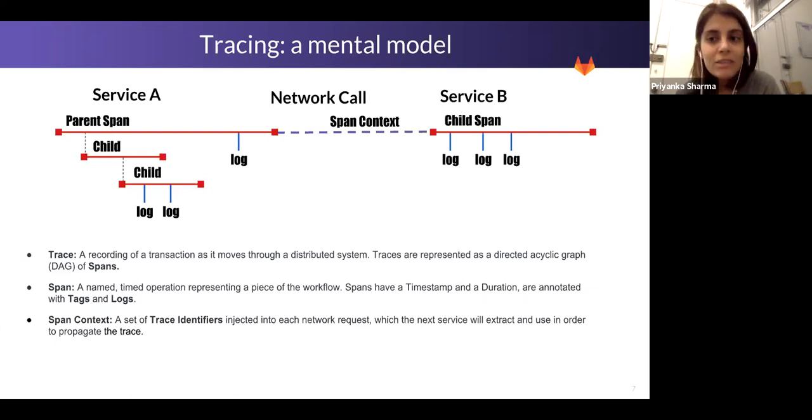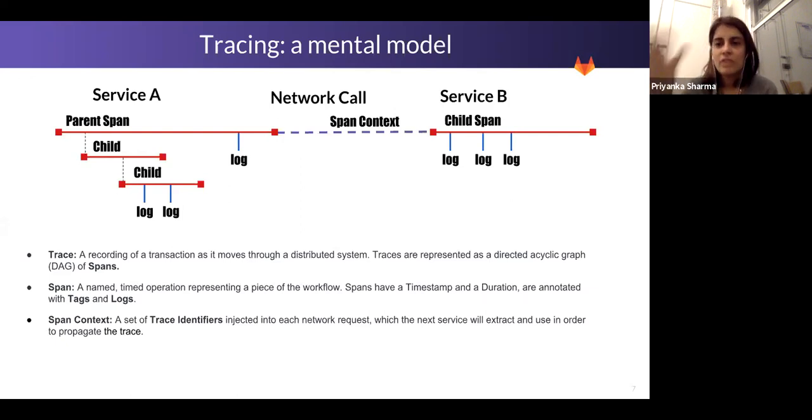You can have tags, you can have logs, and different systems may call them different things, and we'll get into that mess a little bit later. But the TLDR is that you're able to put information in these spans. Span context, as I mentioned, is how information goes from service A to service B to tell us that span A and span B are connected and part of a larger trace.